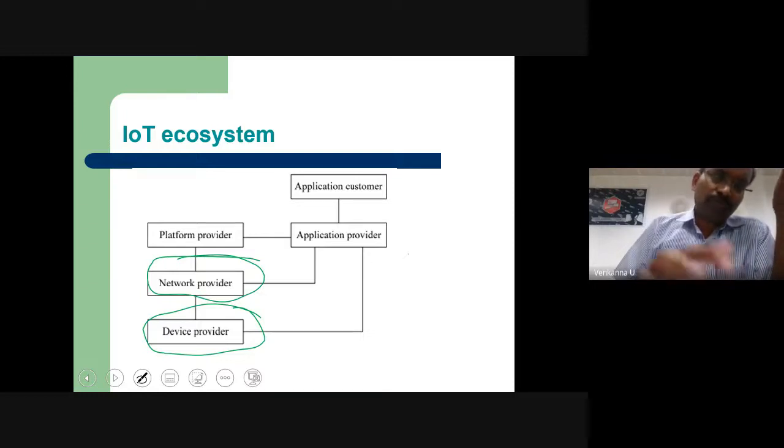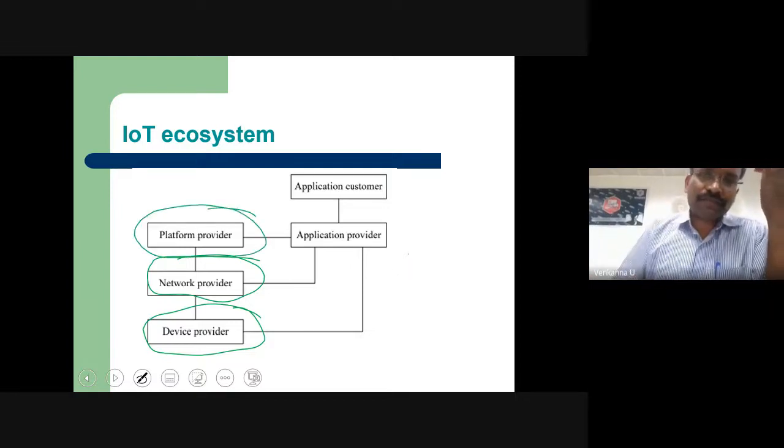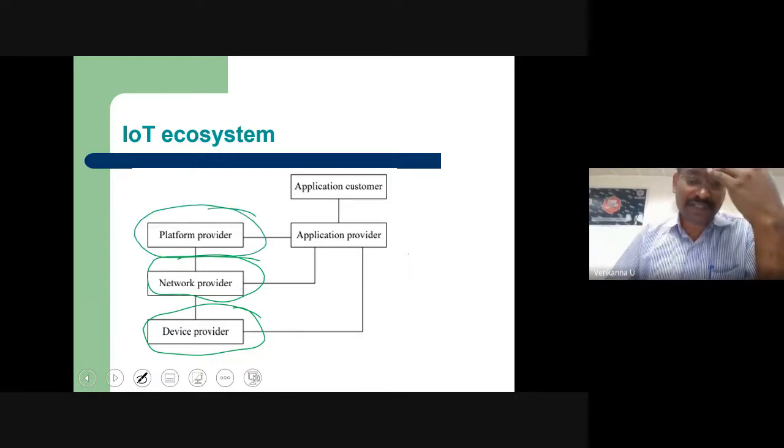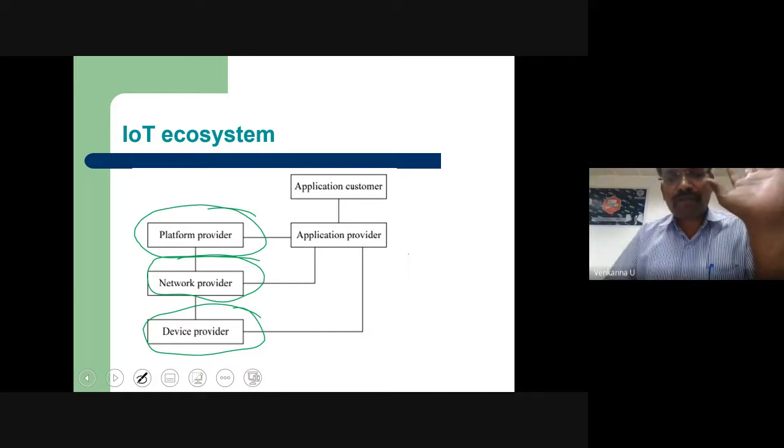After that, to make the communication and the interface proper, someone should provide a platform. It means some kind of web interfaces and platforms need to be provided so that the communication will be very standard. For example, I'm communicating to the internet. How is it possible?